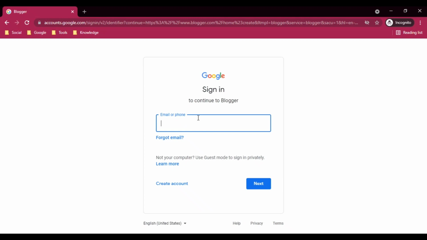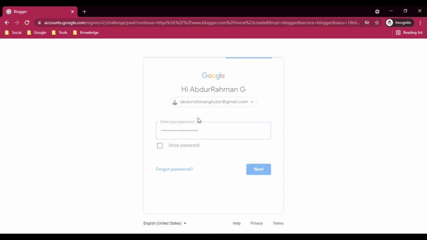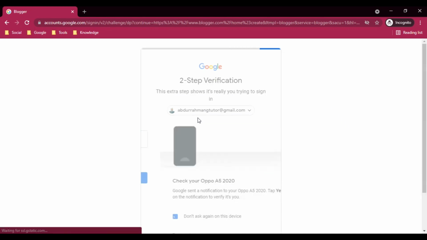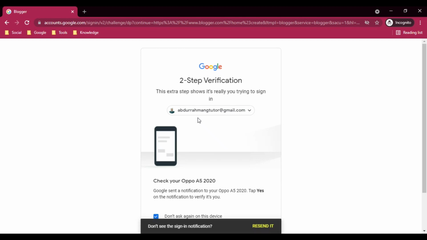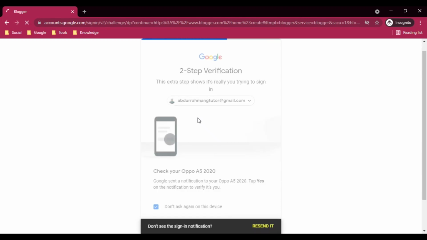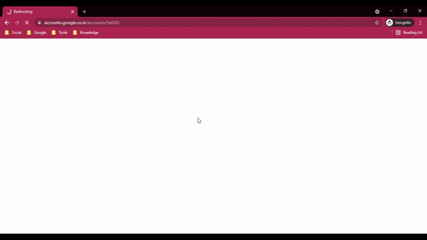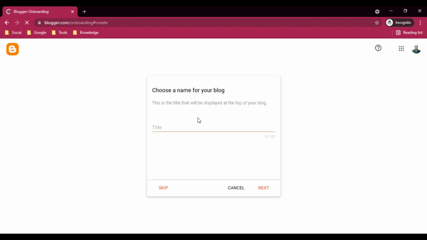and after that they will ask you to enter your email ID and your password. So just enter your email ID and your password. After entering your email ID and your password, if there is two-step verification, just tap on your phone or just provide your credential details like OTP and these things, and after that this will ask you to choose a